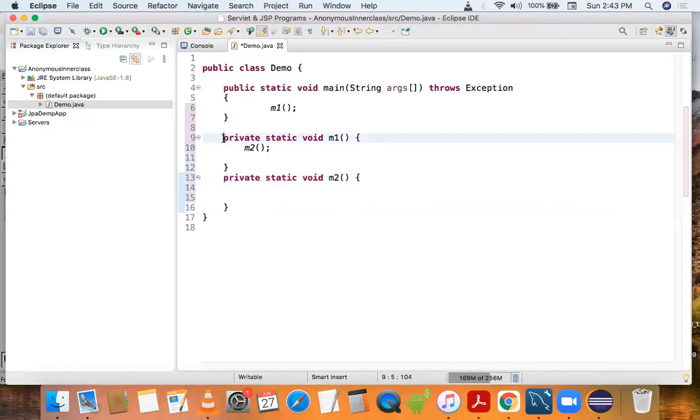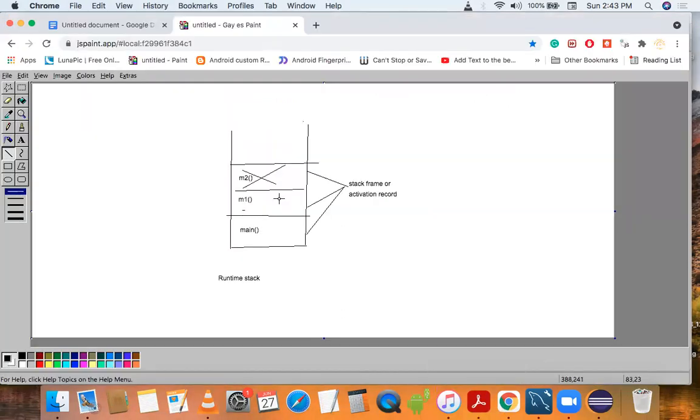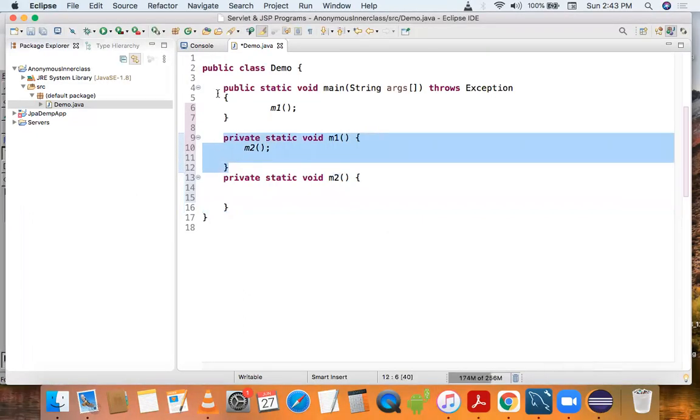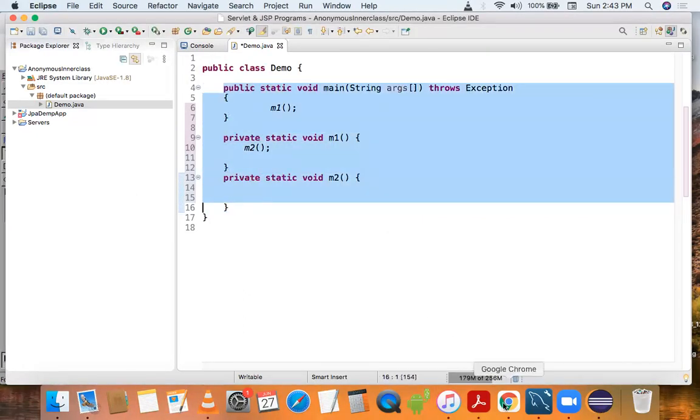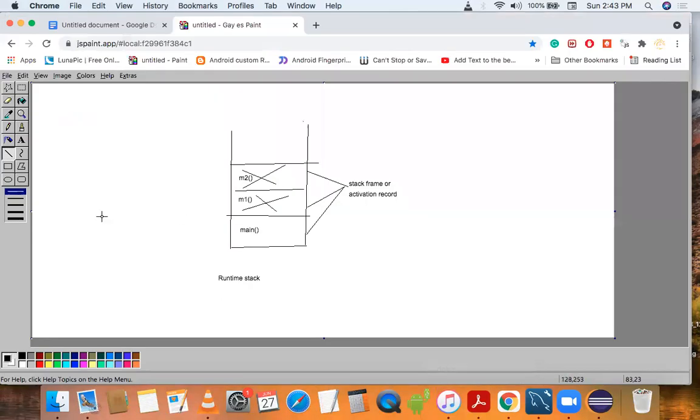After completing the M1 method, the JVM will destroy this activation record, and after completing the main method, the JVM will destroy this activation record. After completing the program, the JVM will destroy this runtime stack.